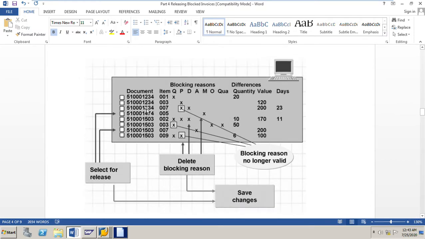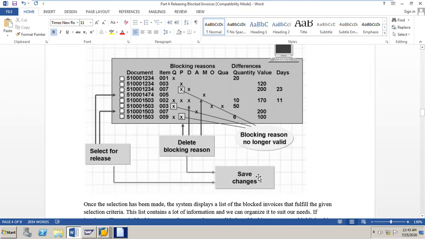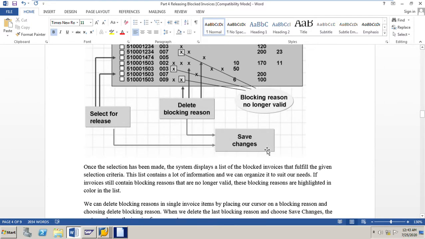And once we are in this transaction code, we can delete those blocking reasons which we want, and then we can release the invoices. After we delete the blocking reasons and click save, then only the invoices will be released.